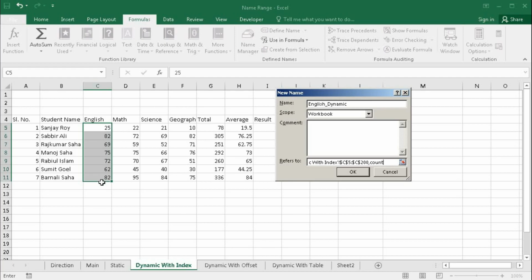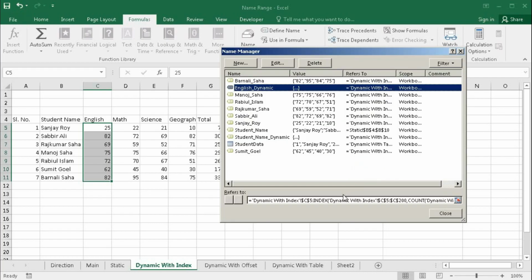So for counting numbers we should use the COUNT function, and we will use the same reference C5 to C200. Bracket close for COUNT, bracket close for INDEX, then okay.